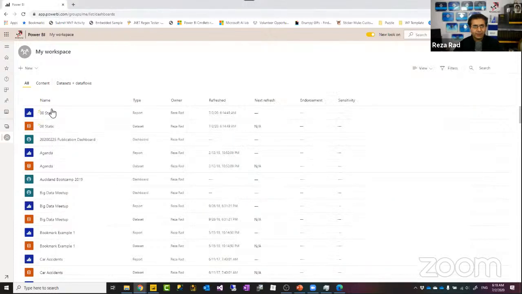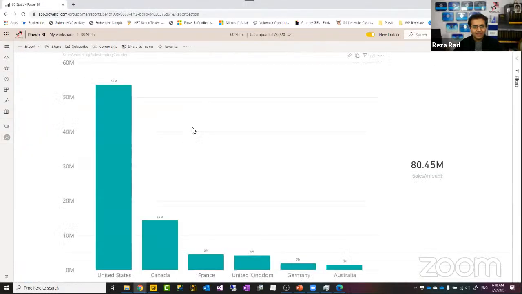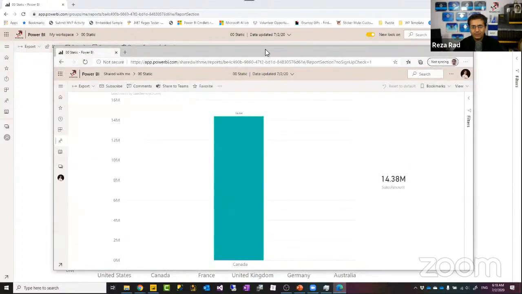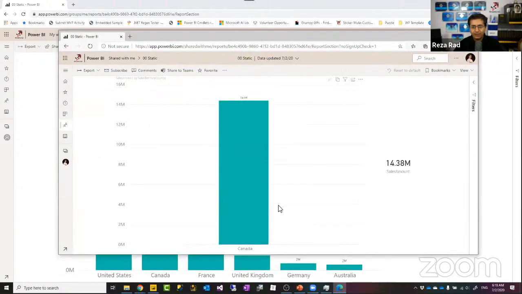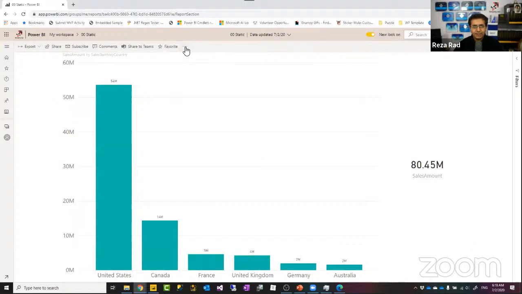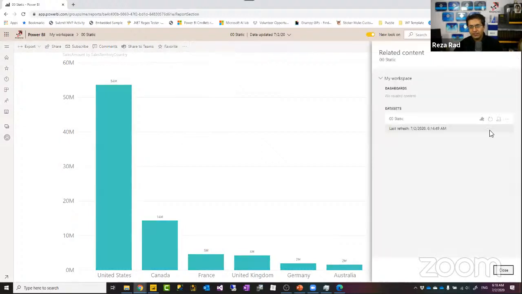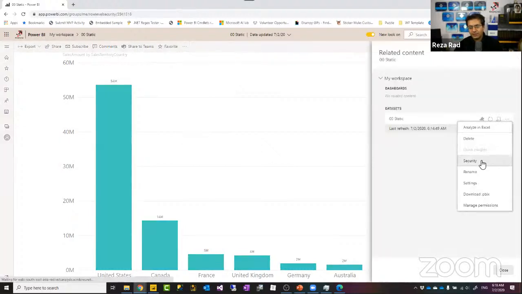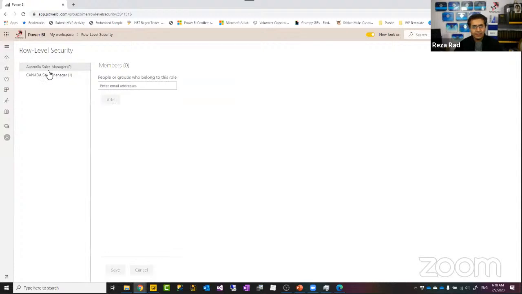If I go to the actual report over here, you see that the report shows all of these countries, but this user's view is only one country. Because this is all defined in the data set, I can later come to the data set under security and, for example, promote this user to also have access to Australia's sales information.